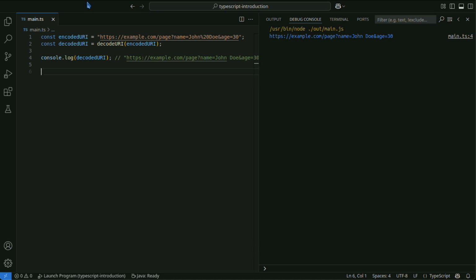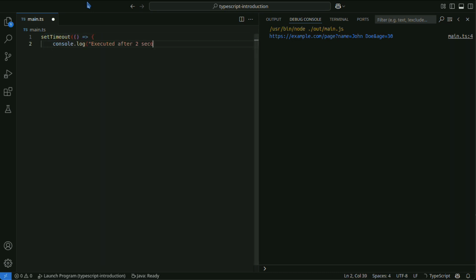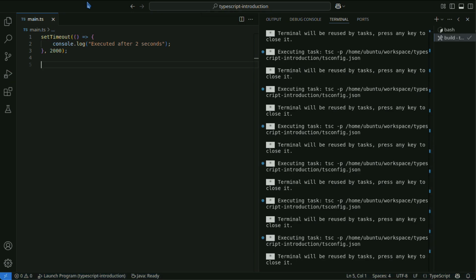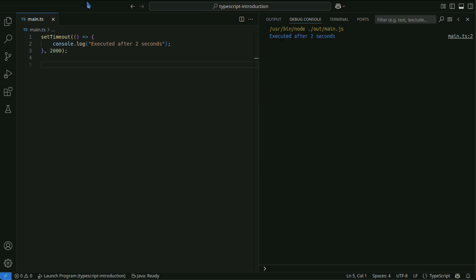The setTimeout function executes a specified function after the given delay time, in milliseconds. This example displays a message after 2 seconds.